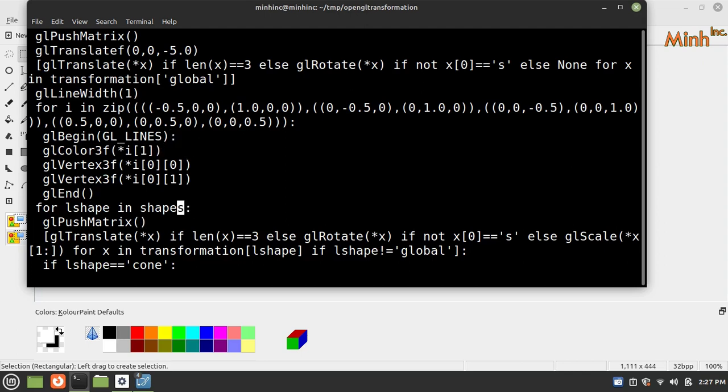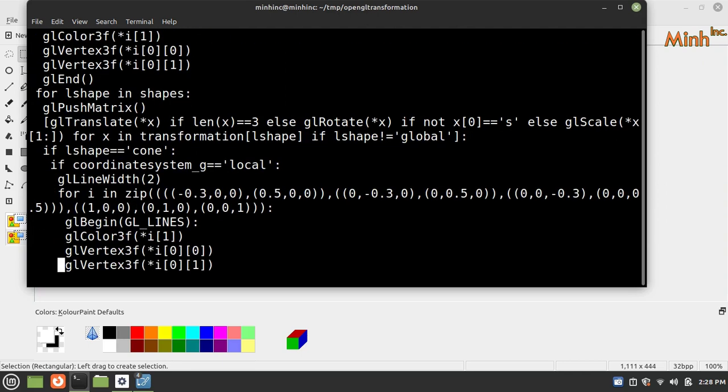Now we go for each shape. In shapes we push the matrix and do the translation and rotation. If it is scaling, then we go for the scale, and 1 0, because the S character we just omitted. And for x in transformation, L shape, if L shape is not equal to global. If L shape equal to cone,